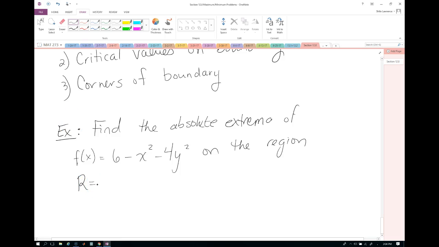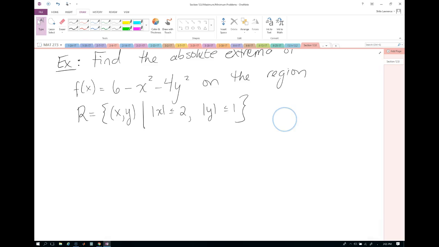which we just call R for region, which contains all points x and y such that absolute value of x is less than or equal to 2, absolute value of y is less than or equal to 1. What this means, this region, if we just look at the xy plane and don't worry about z values right now,